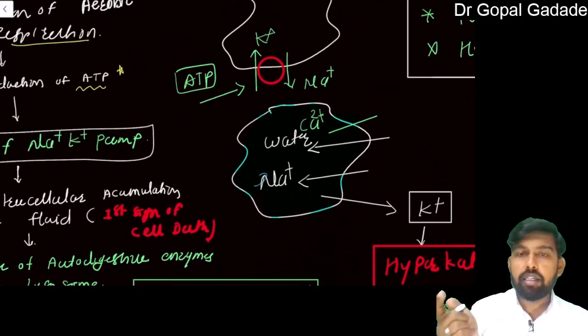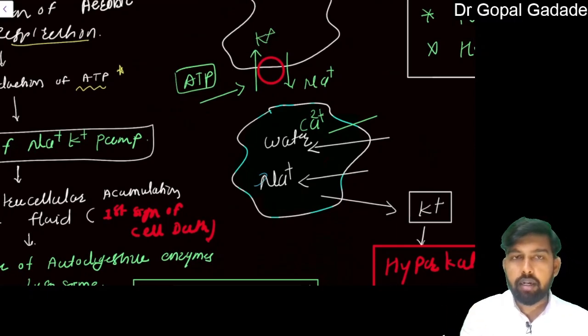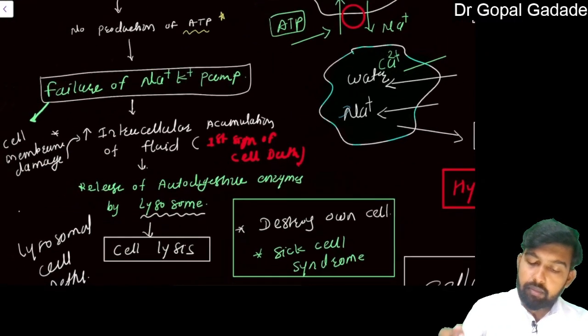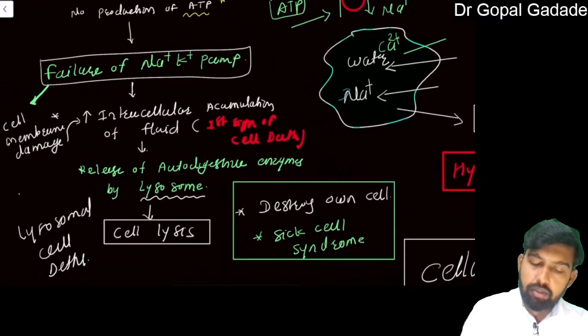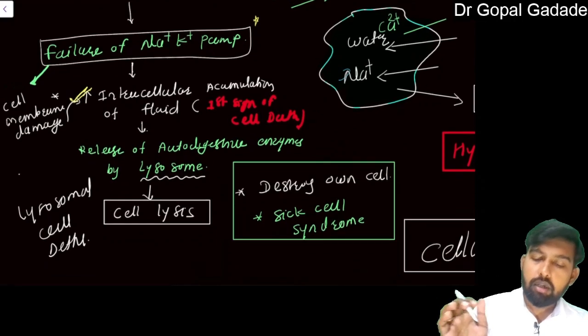Because of this, there is hyperosmolarity inside the cell. So water gets absorbed into the cell, which ultimately causes edema of the cell. So because of the sodium potassium pump failure, there is increased intracellular accumulation of fluid,